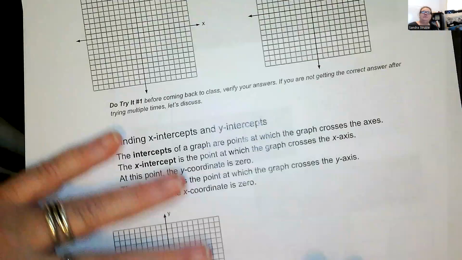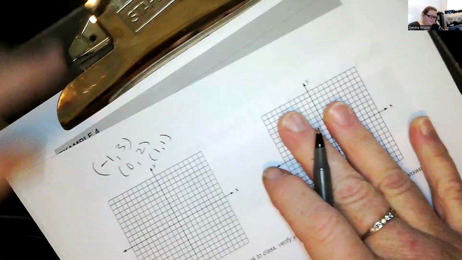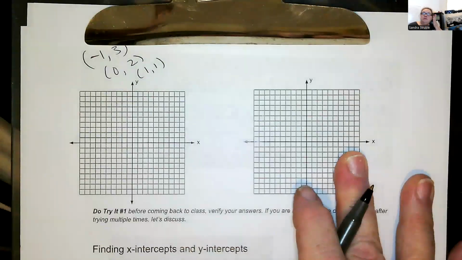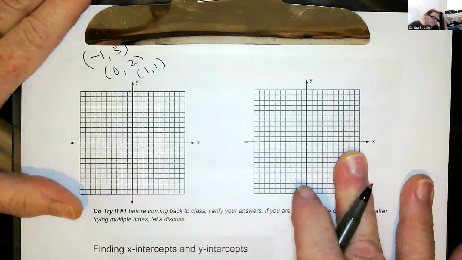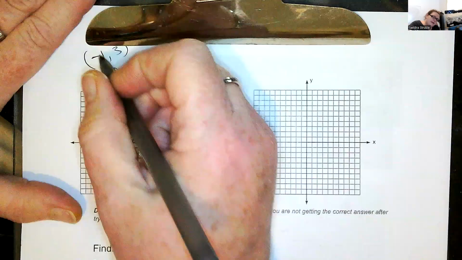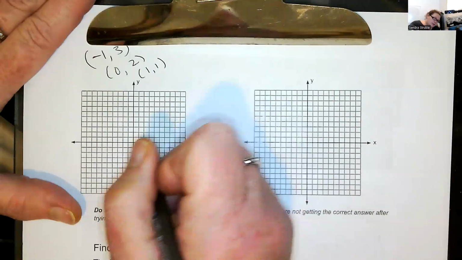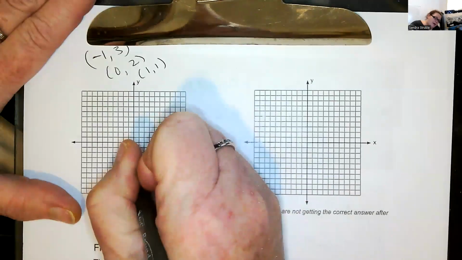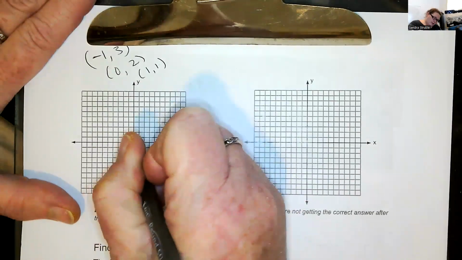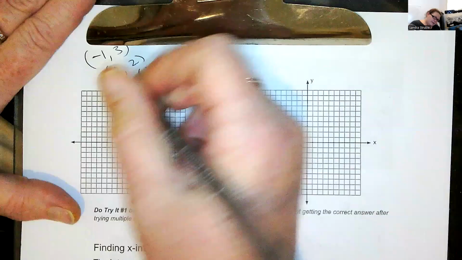All right. I'm going to plot these three. And then I'm going to show you another way that I plot, just to show you. So for our first one, -1, 3, it's a negative in the x place. So we're going to shift to the left. So -1, and then the 3 is positive. So we're going up. 1, 2, 3, place point, and